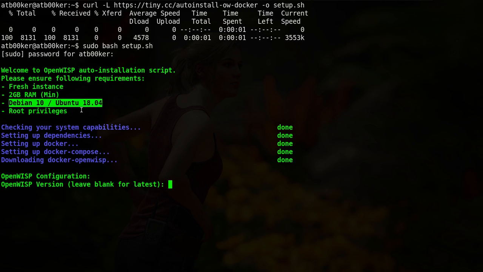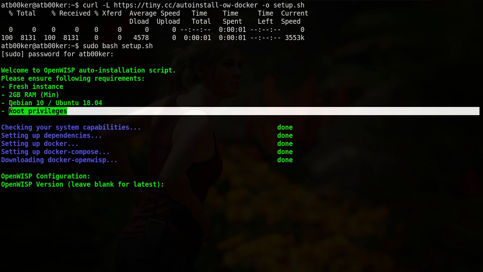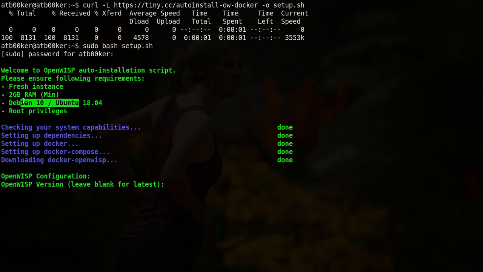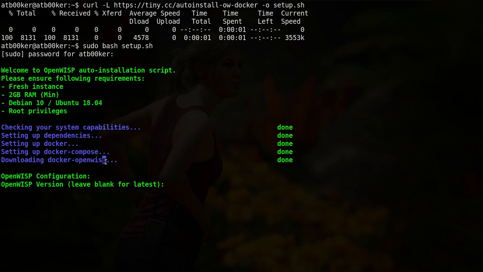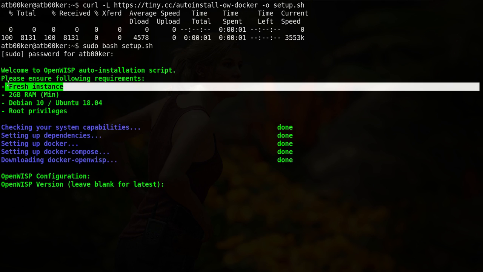We have plans to support more distros in the future, but currently only these two are supported. Of course, you need root privileges to use this auto installation script because it installs Docker, Docker Compose, and some dependencies to get started with Docker OpenWisp.